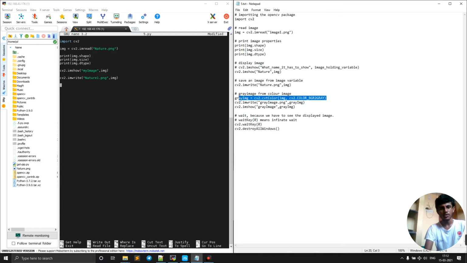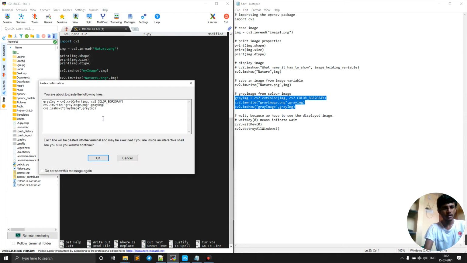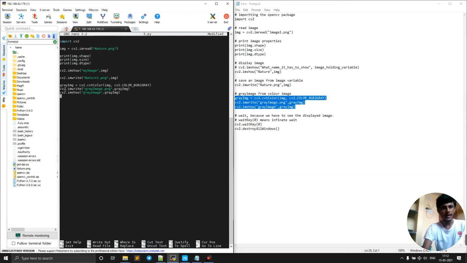So I'm just going to do the same thing, let's copy this. Here you can see we just converted that to a gray image. This is another variable, cv2.cvtColor with image, that is our variable, and cv2.COLOR_BGR2GRAY. That means we converted our color image to the grayscale image. Because in machine learning, in many applications, we don't need the color image. We start by converting the color image to the grayscale image, and we do certain operations on the grayscale image. The computational power needed for a color image is more, so we don't need that much.